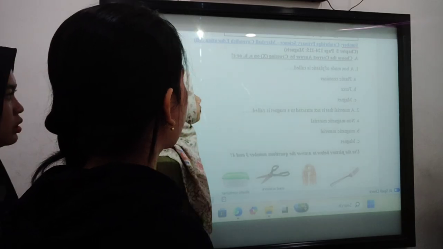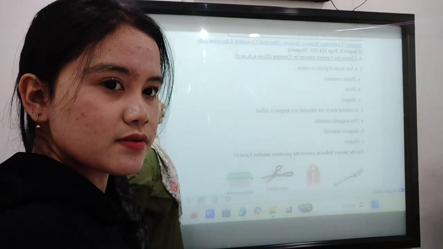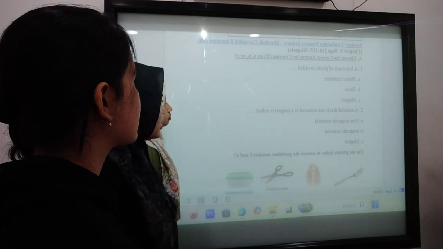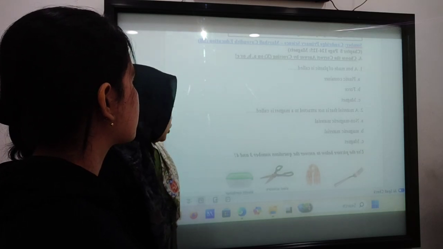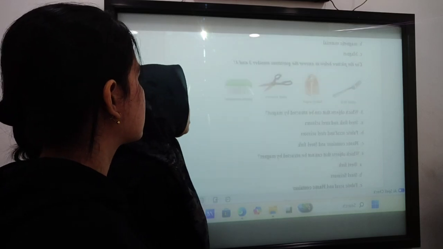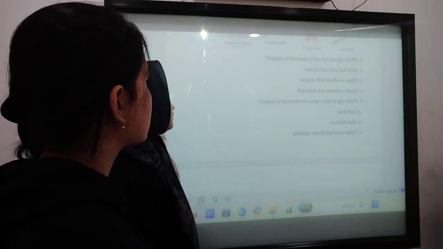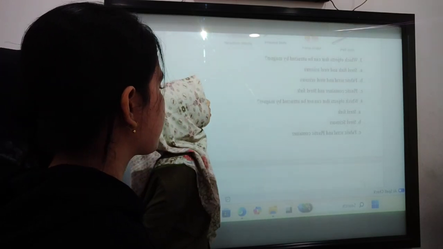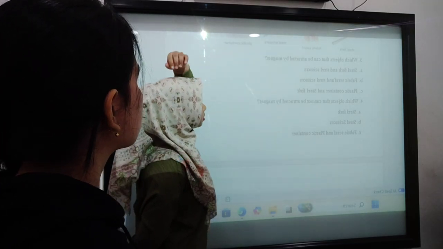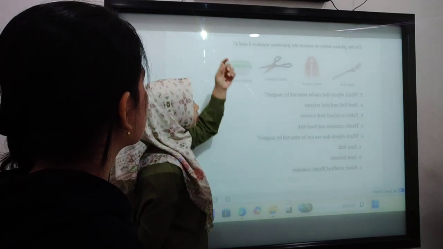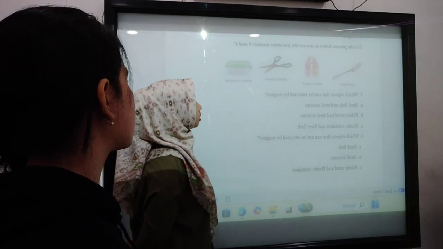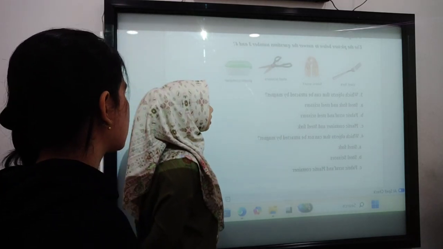Yeah. Number 1, a box made of plastic is called a plastic container. A material that is not attracted to a magnet is called non-magnetic material. Number 3. Friends, this one has the instructions. Okay. Use the picture below to answer questions number 3 and 4. Which object can be attracted by a magnet?